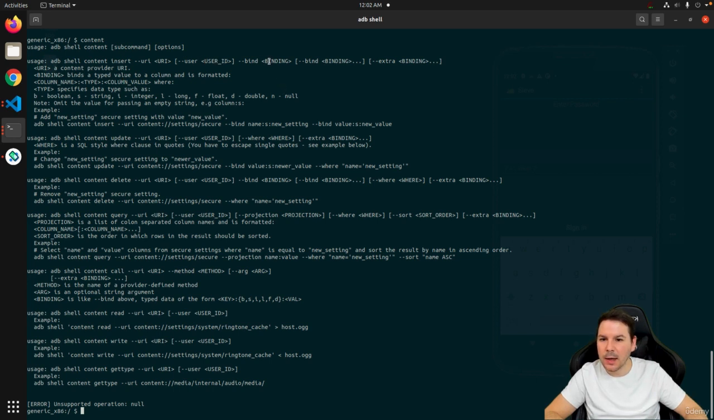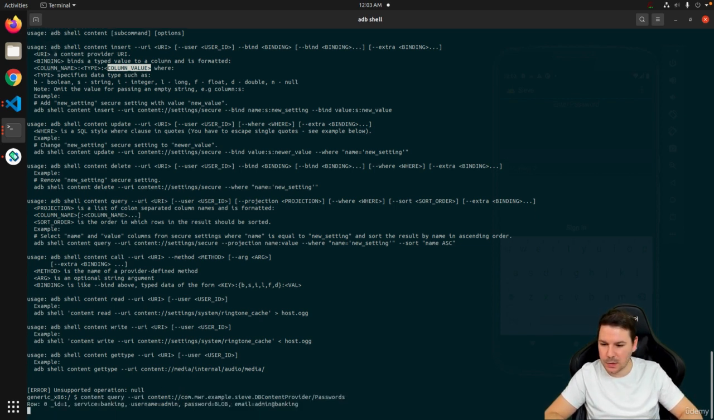Yes, we skip this. And now we've got this binding, and this is important. It binds a typed value to a column and is formatted in the following way: column name, type, and then the column value. So this might look a little bit complex, but if we open the passwords, this one over here, then yeah,